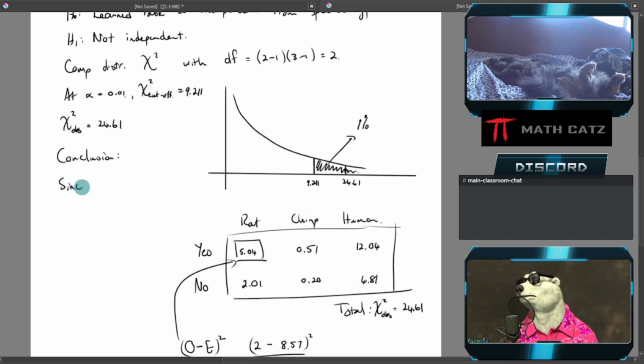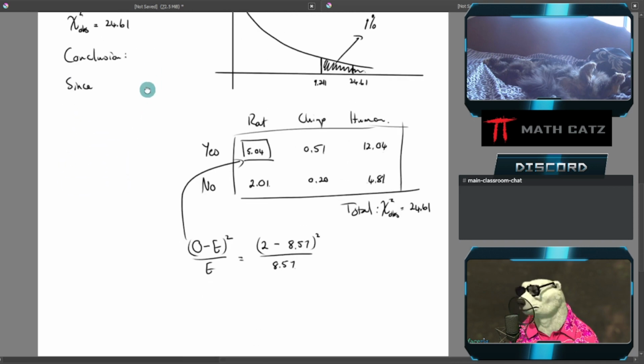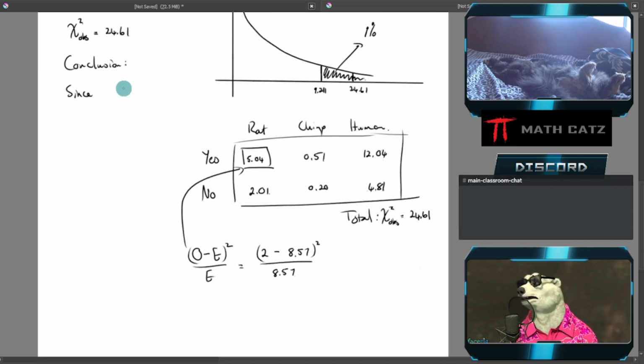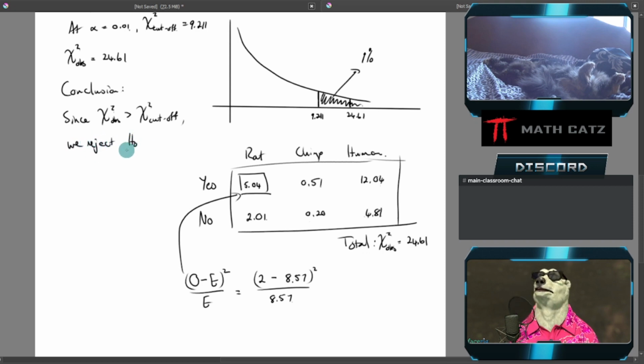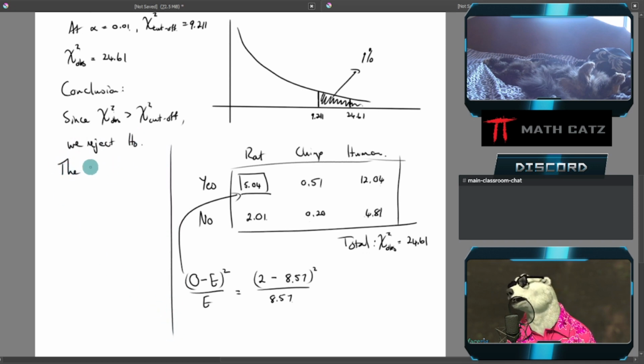So we can say, since, shall I move this up a little bit? Like so. Since my chi-squared observed was greater, there we go, was greater than the chi-squared cutoff, we reject the null hypothesis, of course, in favor of the research hypothesis. Let's make a line here. The evidence suggests that,